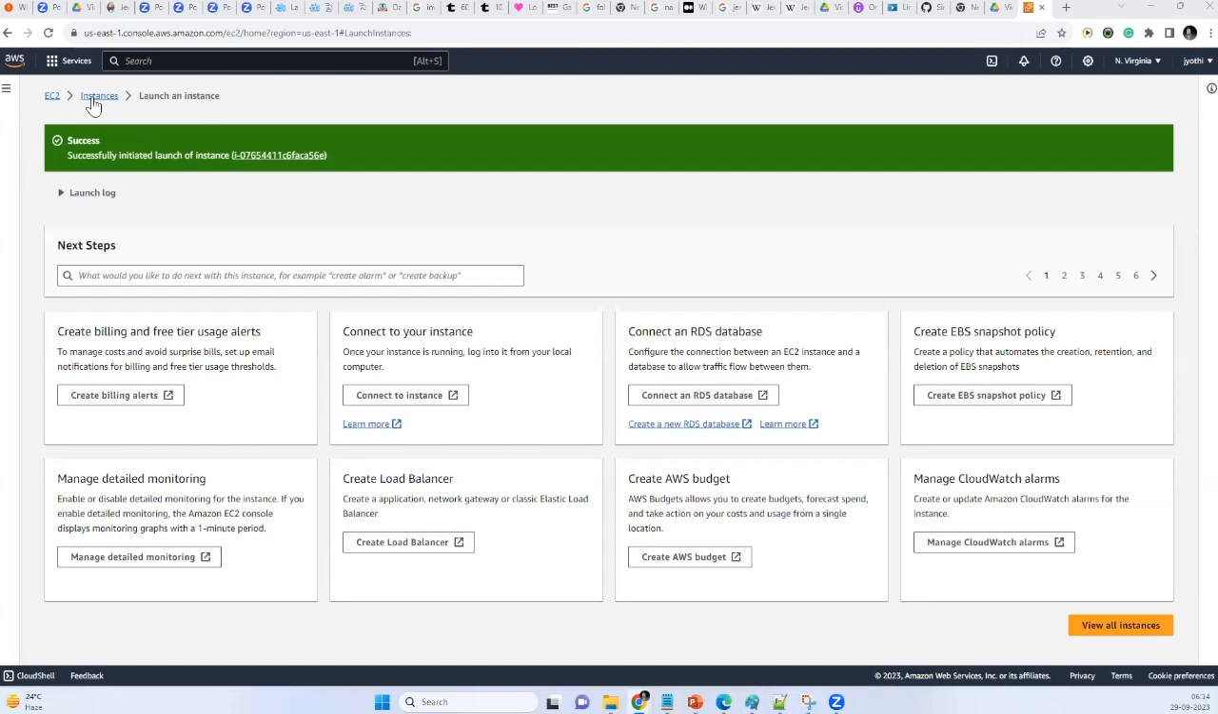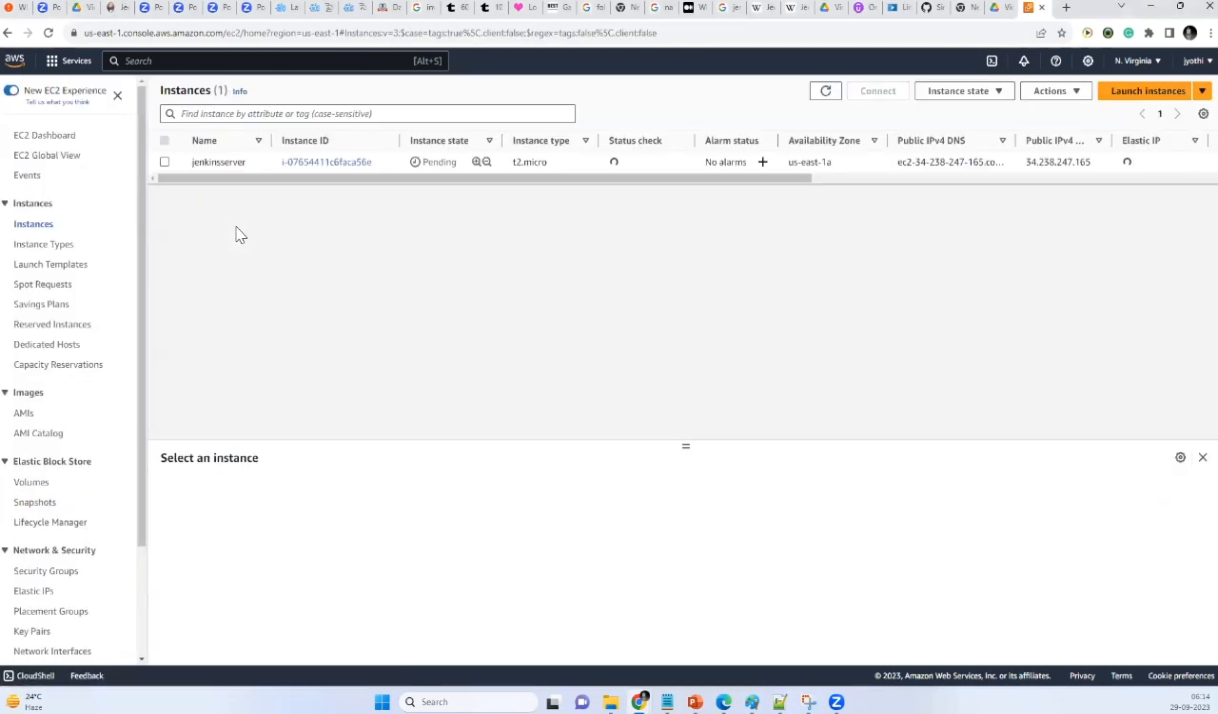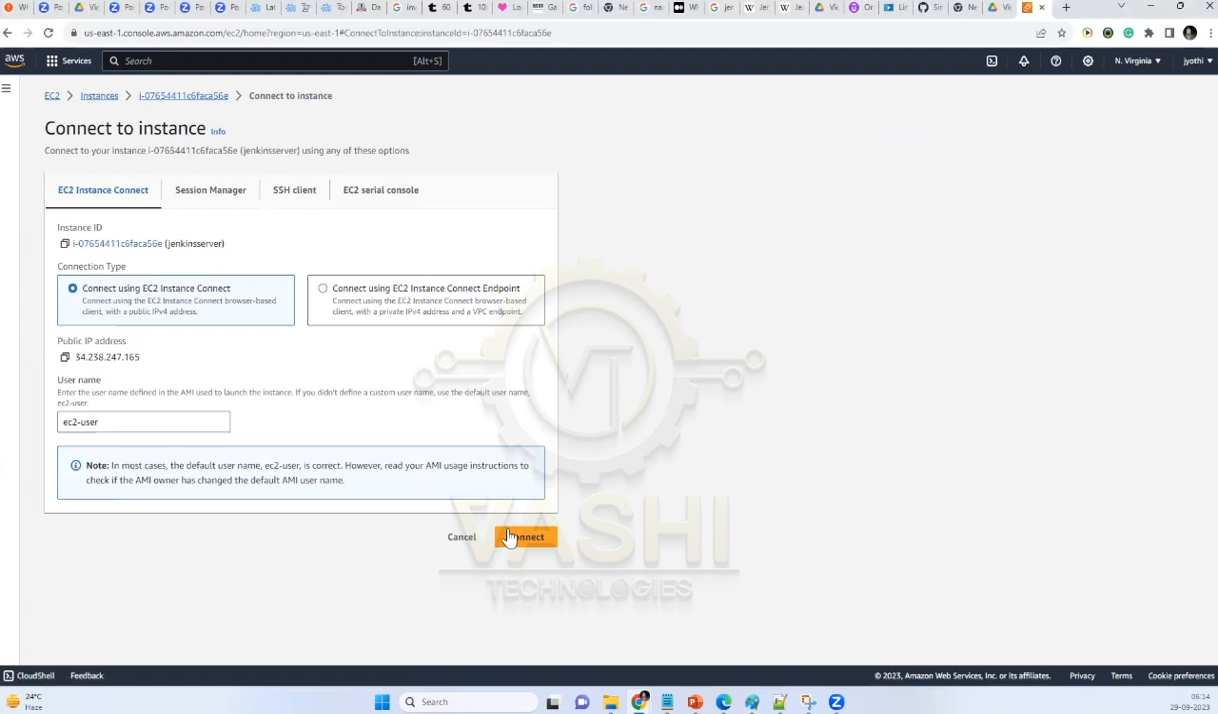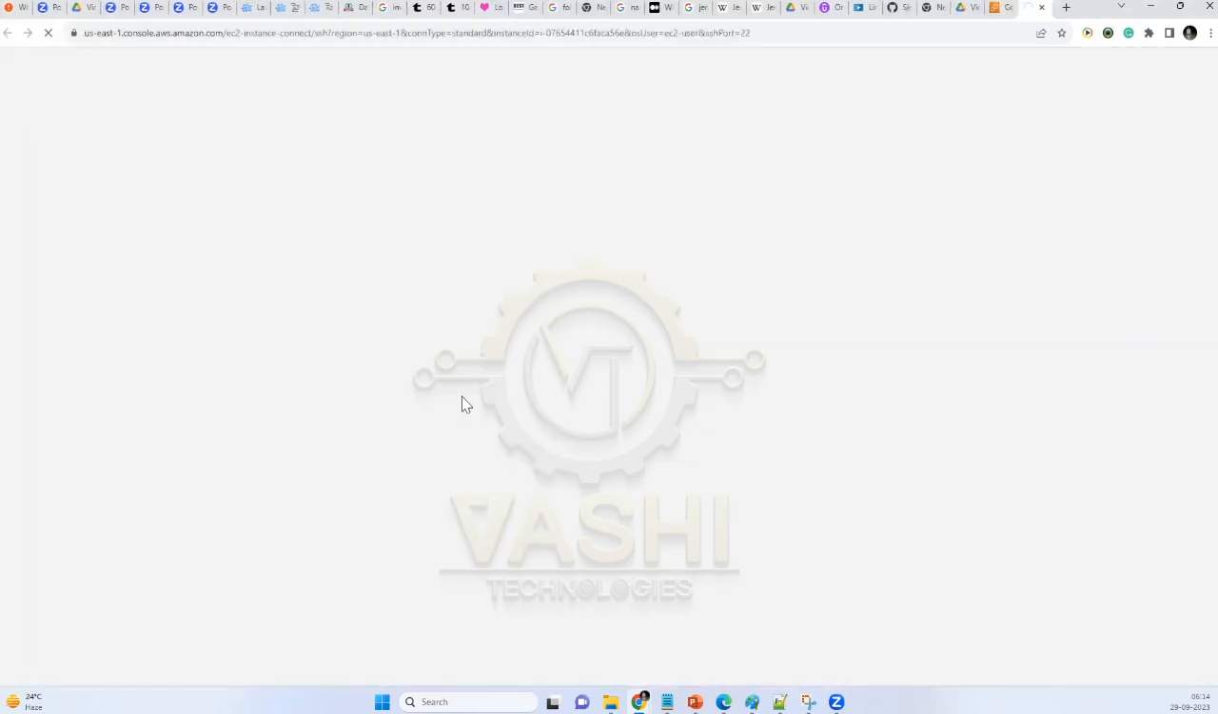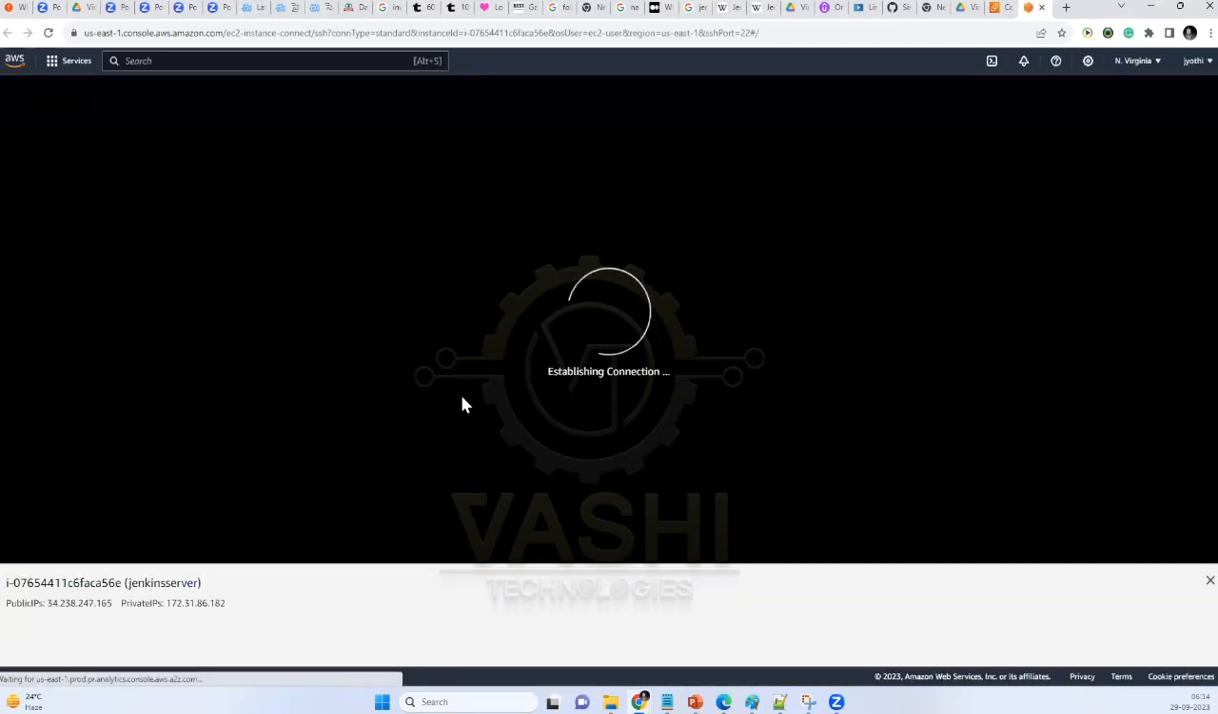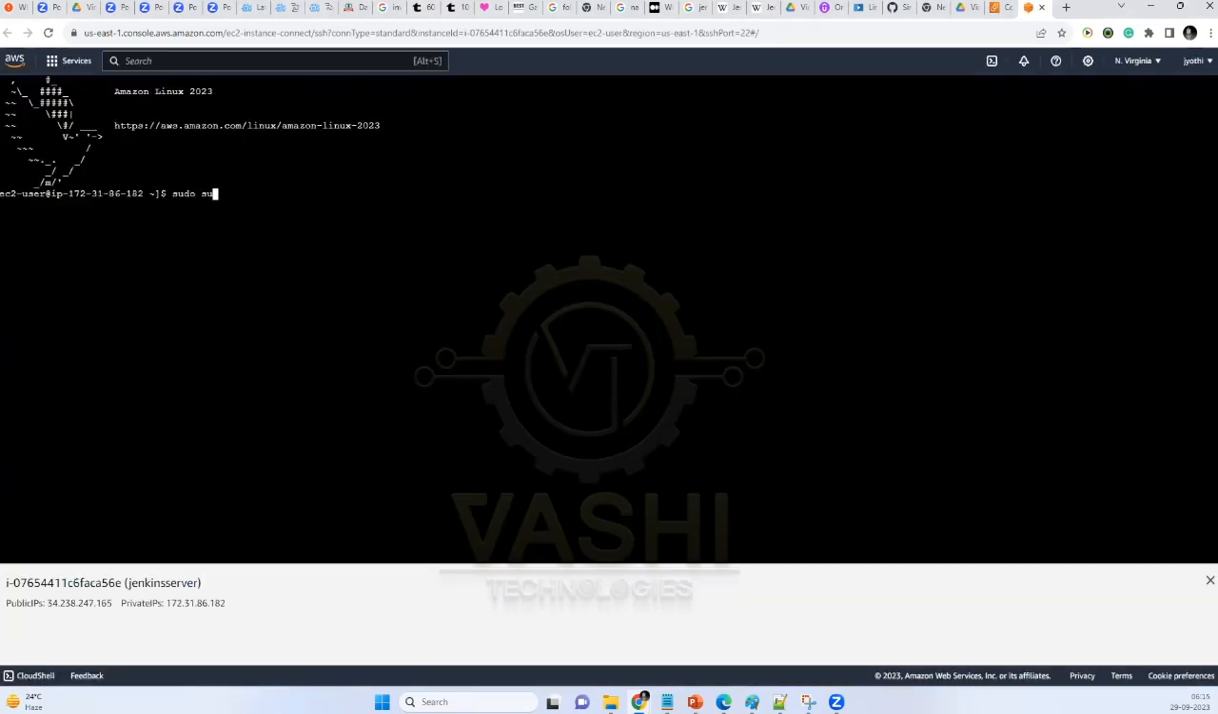If the instance is launched, yeah, Jenkins. I'm connecting through the web console. Sudo, so switch to the root. Then add a Jenkins repo to the user. Following something like, first you need to